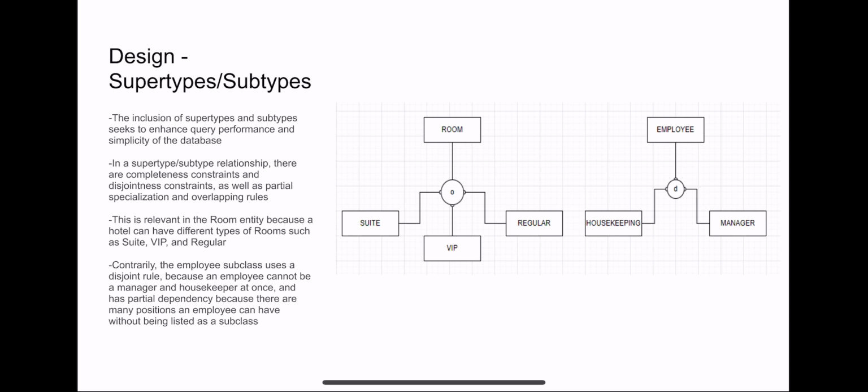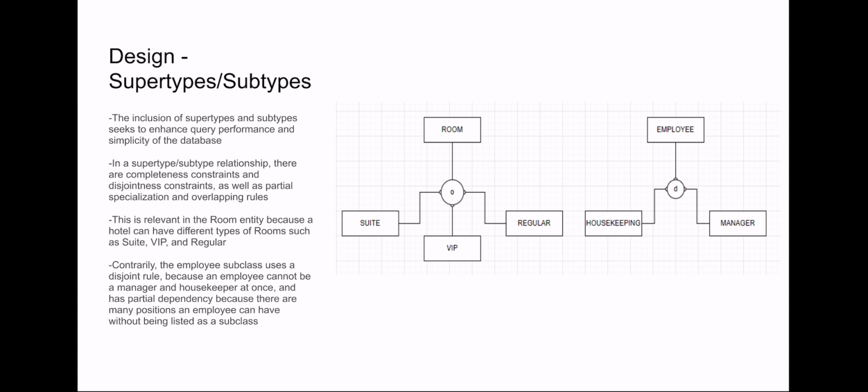Design supertypes and subtypes. The inclusion of supertypes and subtypes seeks to enhance query performance and simplicity of the database. In a supertype-subtype relationship, there are completeness constraints and disjointness constraints, as well as partial specialization and overlapping rules. This is relevant in the room entity because a hotel can have different types of rooms such as suite, VIP,